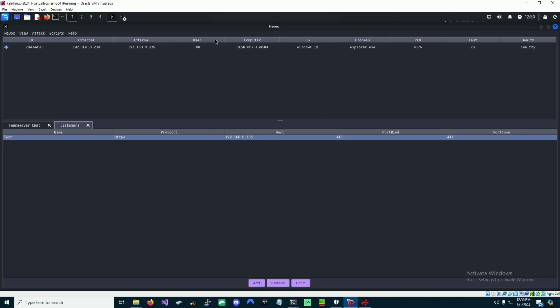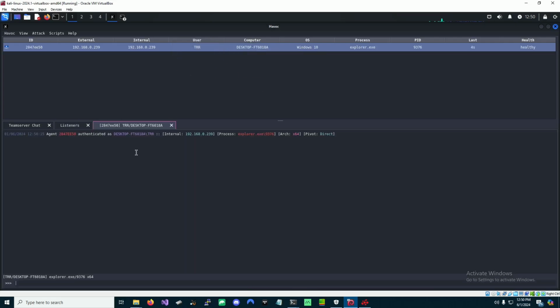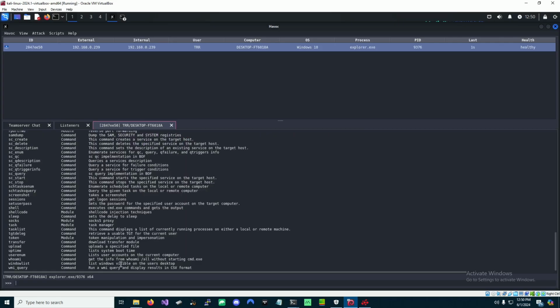So you can see we have an inbound connection and an established connection from our local machine. We can now open the process list, explore its files, and we can now interact with our machine and execute a vast number of